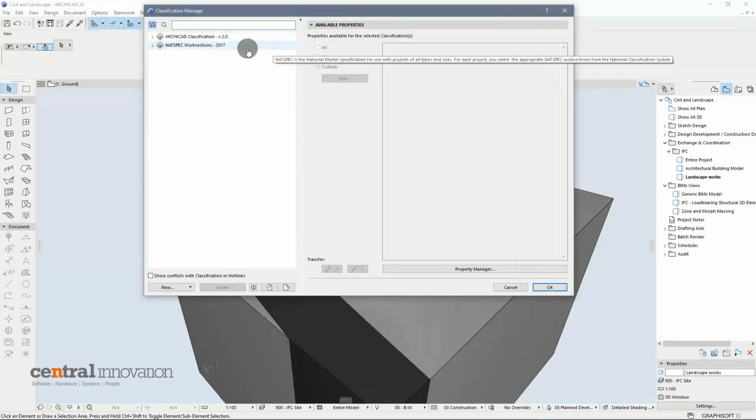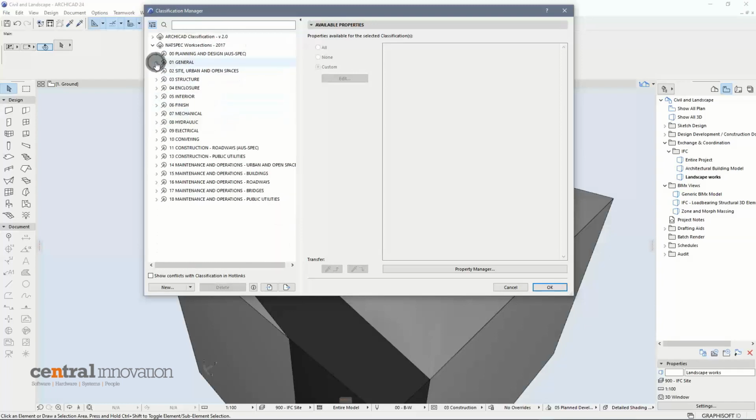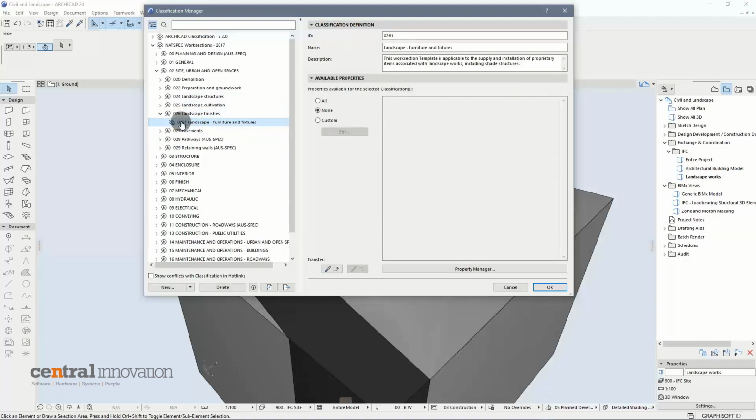And that I have added to my project. Since we're in Australia, we'll use NatSpec for it. And you'll see that NatSpec has a bunch of different chapters and subchapters to classify items, including site, urban, and open spaces. So within that, you'll find multiple other classifications of things that may not affect the IFC entity chosen for the resulting IFC model, but